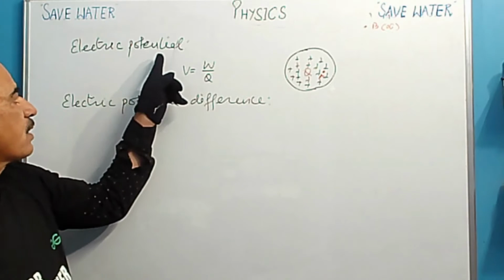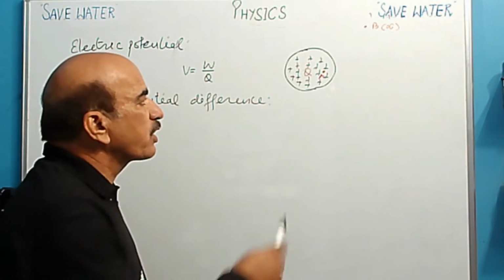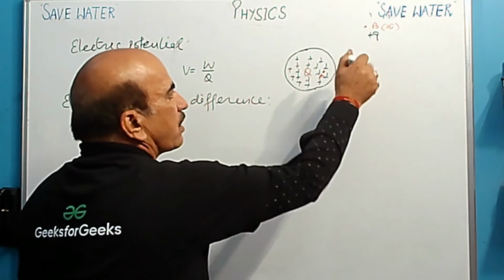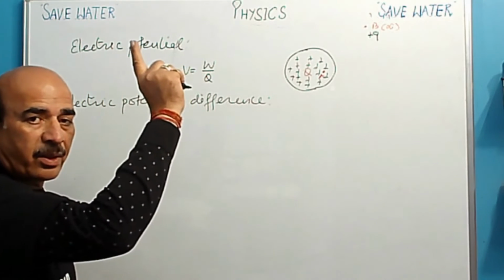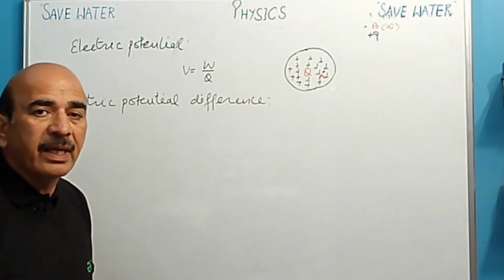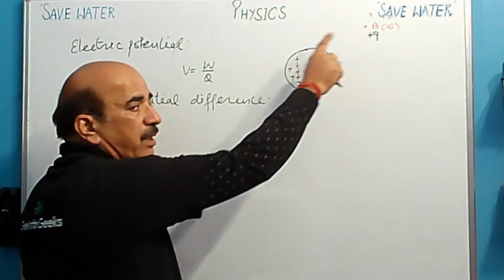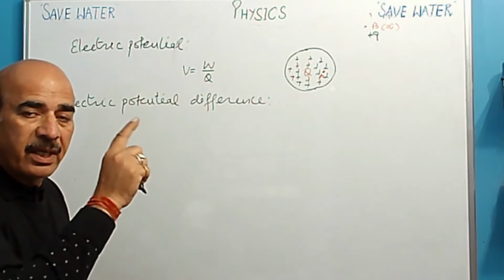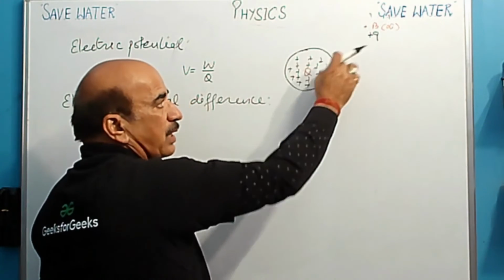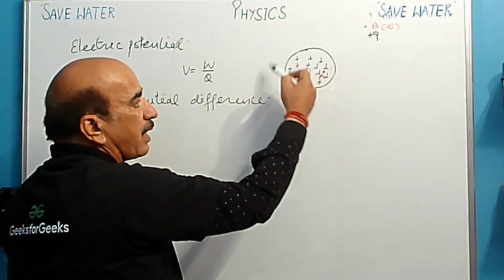So now, first, electric potential. In the previous session we discussed what electric potential is. It is the amount of work done in moving a unit, meaning one, positive charge, and it is a source charge. It has an electric field around it. So we studied electric potential: it is the amount of work done to move a unit positive charge from infinity, a point outside the electric field of this source charge, far from it, from infinity to a point. This is a point A in the electric field of this source charge.